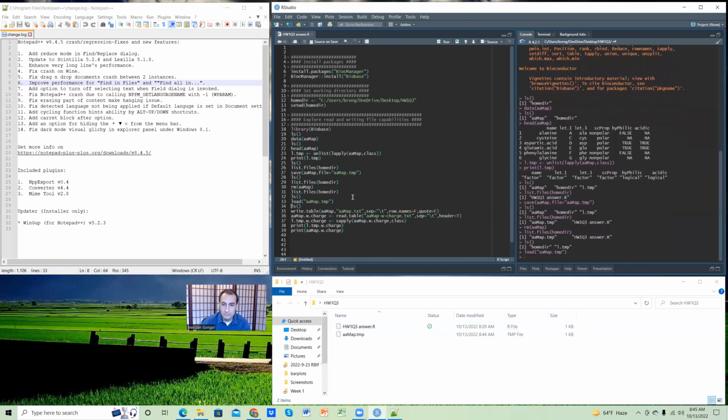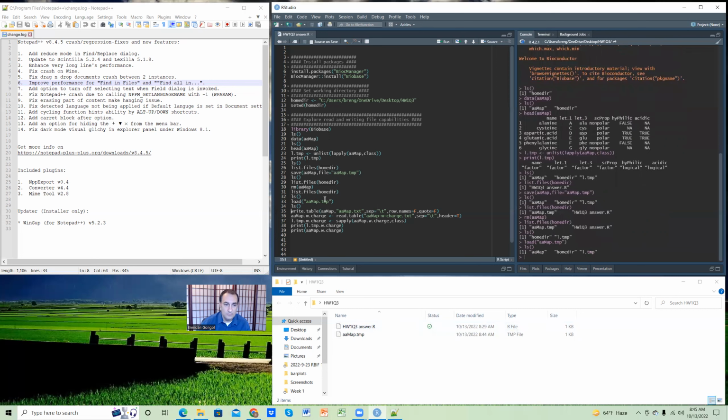So we can reload that aa.map data set. Now, when I list the objects in my active environment, I can see that aa.map is reloaded. So that demonstrates how you can save a file to your computer and then reload it back into R. The next thing we're going to do is save this file as a